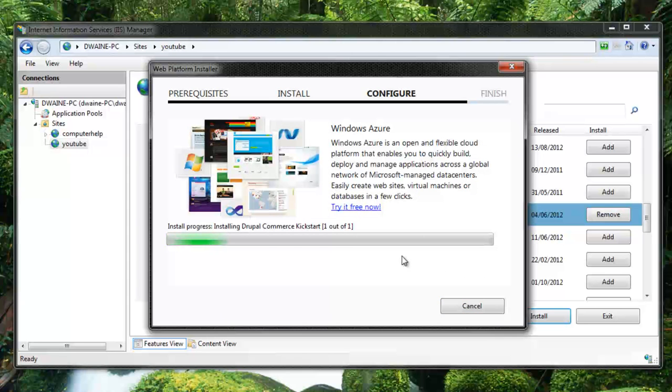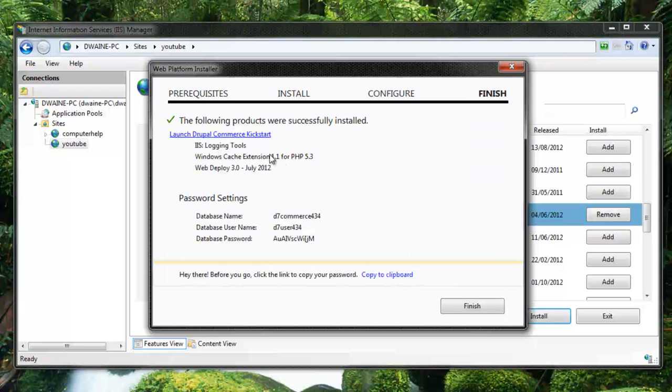Yes, we can. Right, now what it's going to do is finish configuring Drupal, and it should be almost set up. There we go. Following was successfully installed. Right. As you can see,